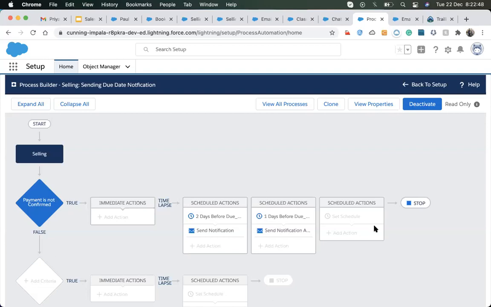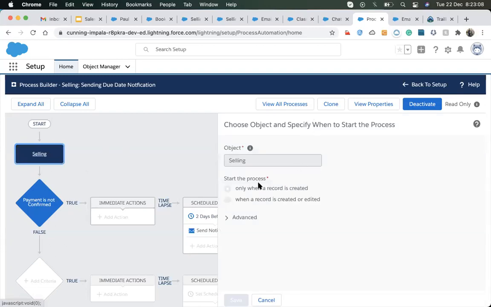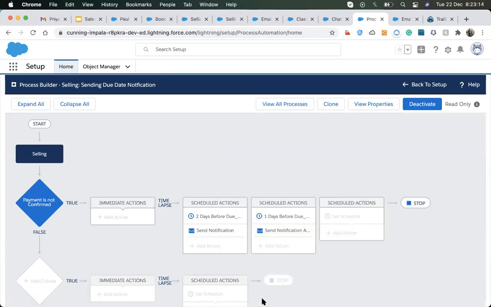The kind of actions available in the workflow can also be done up here. One more thing is that the scheduled action is only available if the record is created, means it will happen only at the time of creation of that record. That's the limitation in both cases.